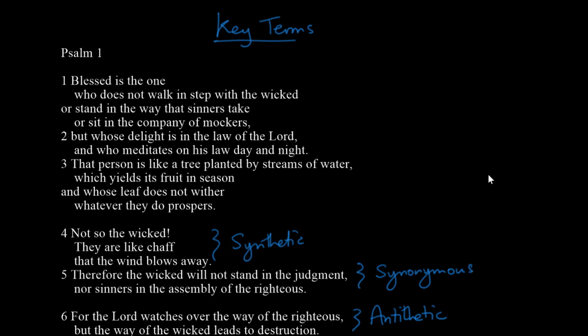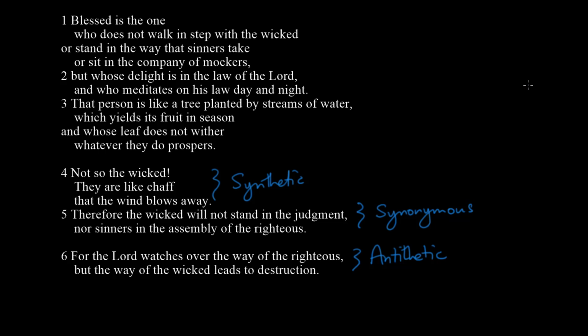Let's discuss some of the key terms that scholars like to use when they talk about Hebrew poetry. And as we do so, I'll also mention the ones that I like to use for our guide to keep things a little bit simple and direct. At this point, we've talked about three main types of parallelism, and these are synthetic, which is where there's a development of ideas, synonymous, which is where the same idea is expressed in different terms, and antithetic, which is a contrast of ideas. These three terms are useful, but they're also somewhat basic,